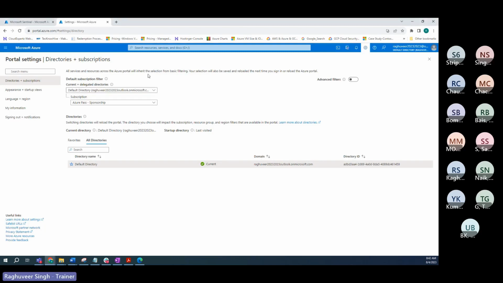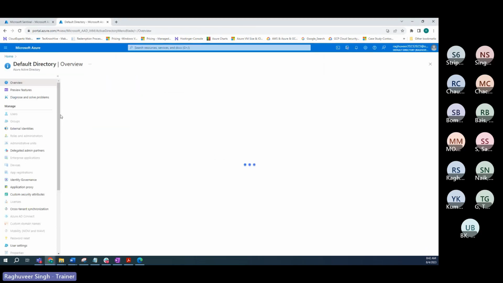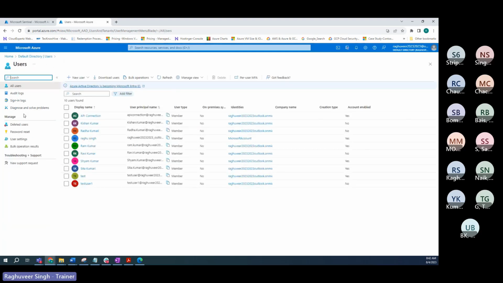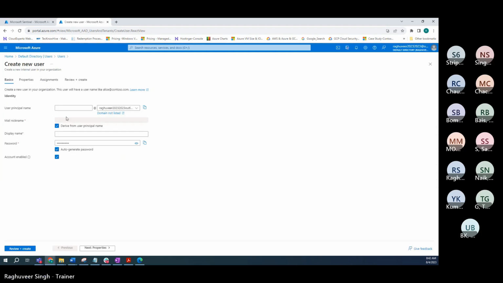If I want somebody to have access to my account, the very first thing that I will do is create an identity for that person in my account. We covered it in the very beginning, in the first few days when we built the lab environment. So we'll create an identity. I will create a new user as a guest user, right? So I'll create a guest user